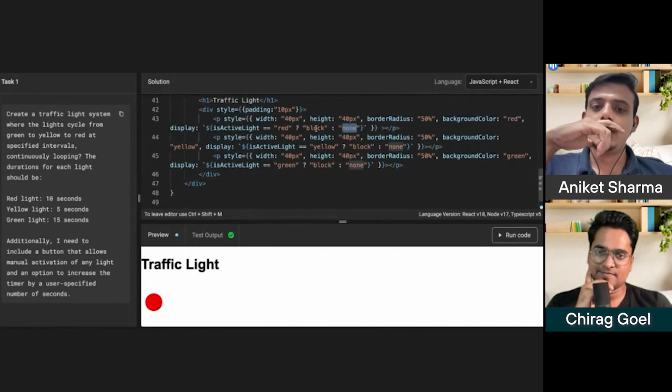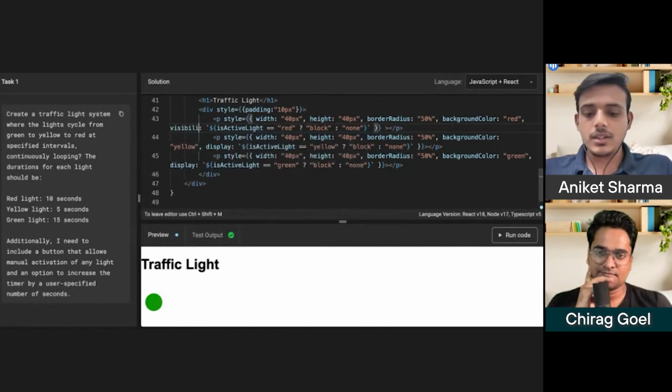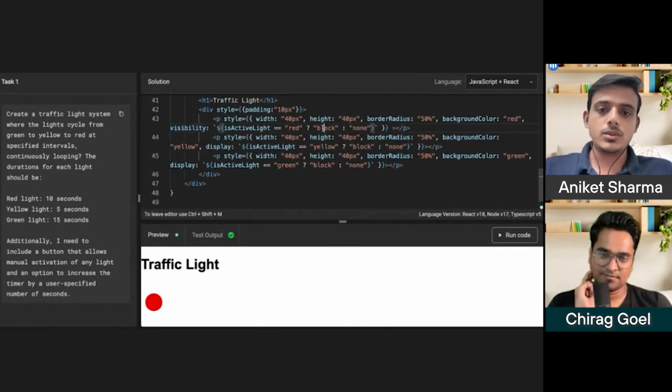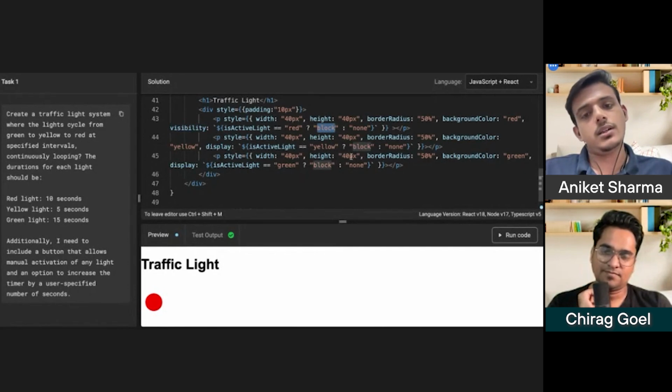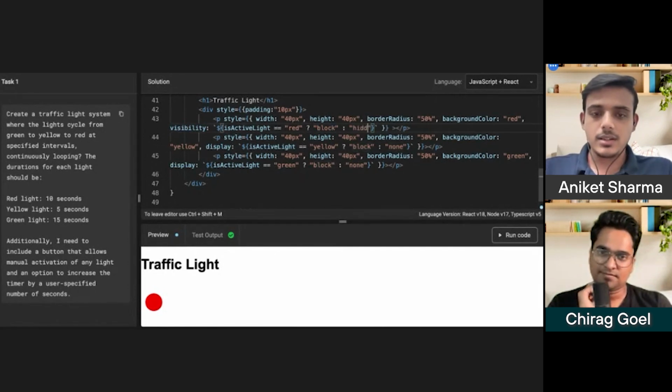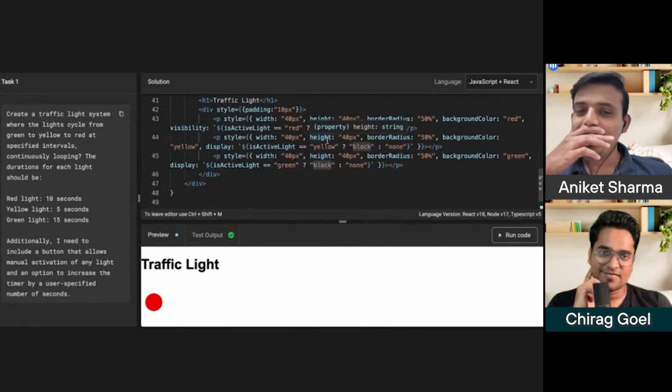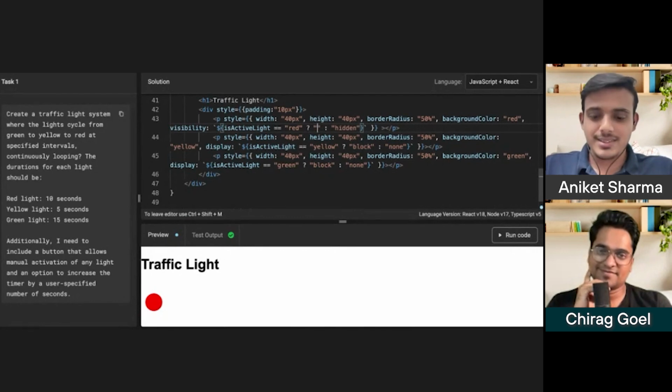Display none and block is not the correct approach, because what display none and block is doing, it is removing it from the DOM itself. So basically, what we can do instead of display, we can use something like, if I'm not wrong, visibility. So the node will still be in the DOM and it will not be removed. So visibility hidden. But what is the property for showing it? Visibility show. It's visible. Okay, visible.